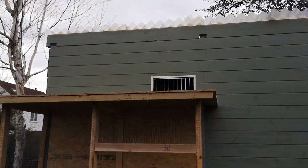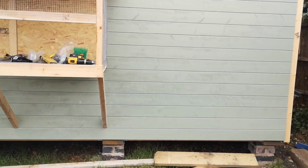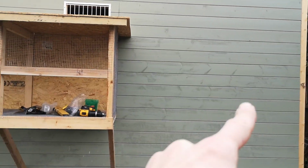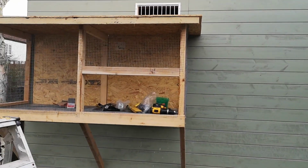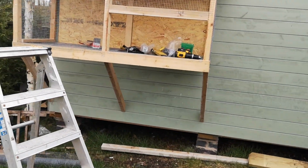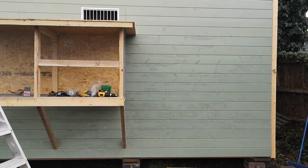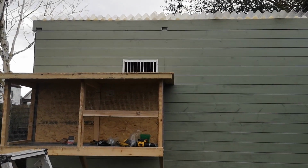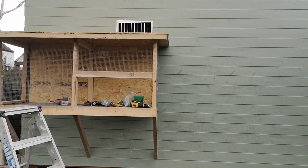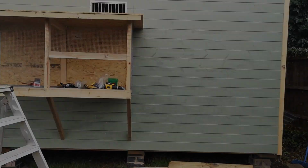That's how it's looking so far. So I could in future put another little aviary there if I wanted the two sections to be separate, but I think it'll be fine. It's not a huge loft, it's 13 foot wide, 8 foot deep. I'm sure I'll soon fill it. There's a fair few bits left to finish. It's a work in progress, but...